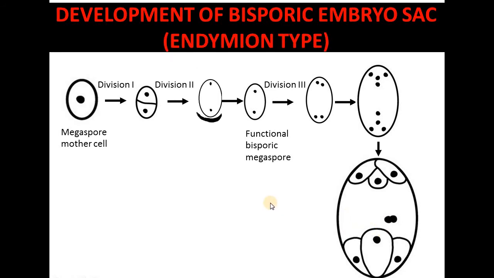Now come on the next type, that is Endymion type. So ileum type is completed. In the Endymion type also you can see same type of embryo sac is there. There is no difference in the embryo sac. But what is the difference? The difference is there only in the case of active megaspore. Here the micropylar megaspore will be functional and chalazal megaspore will be degenerated. Just opposite to the ileum type, you can understand this process, which is very easy.